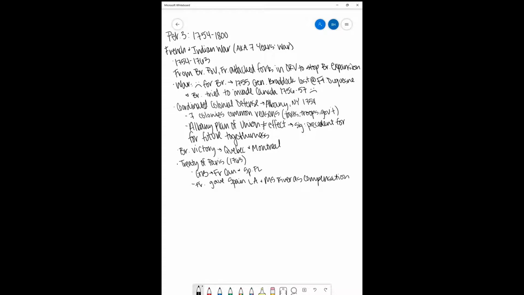The effects of the war are that the British superiority now reigned in North America, and then also they proved their naval power and their naval might. Then also the colonists, interestingly enough, were proud